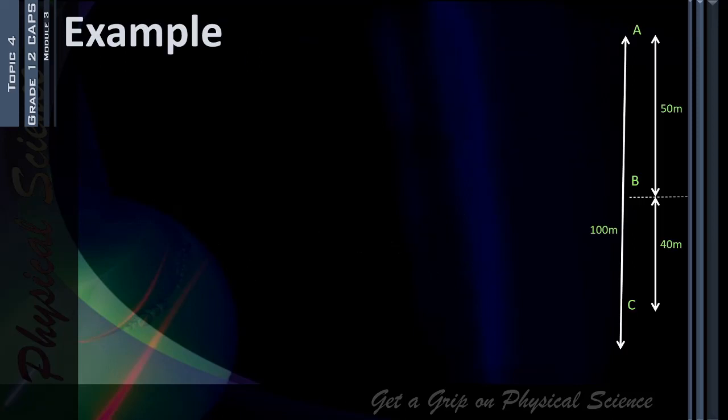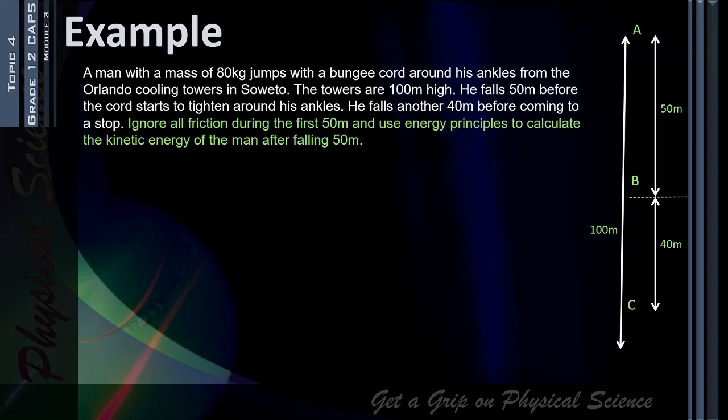So let's apply this to an example. A man with a mass of 80 kg jumps with a bungee cord around his ankles from the Orlando cooling towers in Soweto. The towers are 100 meters high. He falls 50 meters before the cord starts to tighten around his ankles. He falls another 40 meters before coming to a stop. Ignore all friction during the first 50 meters and use energy principles to calculate the kinetic energy of the man